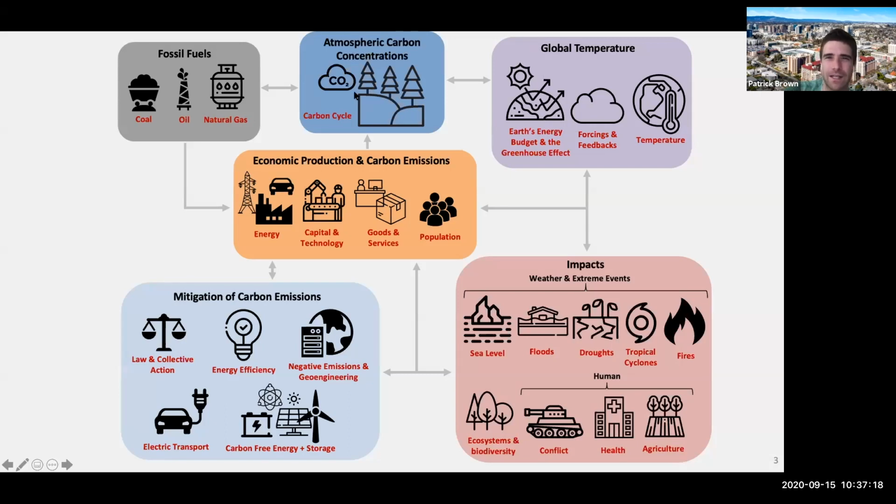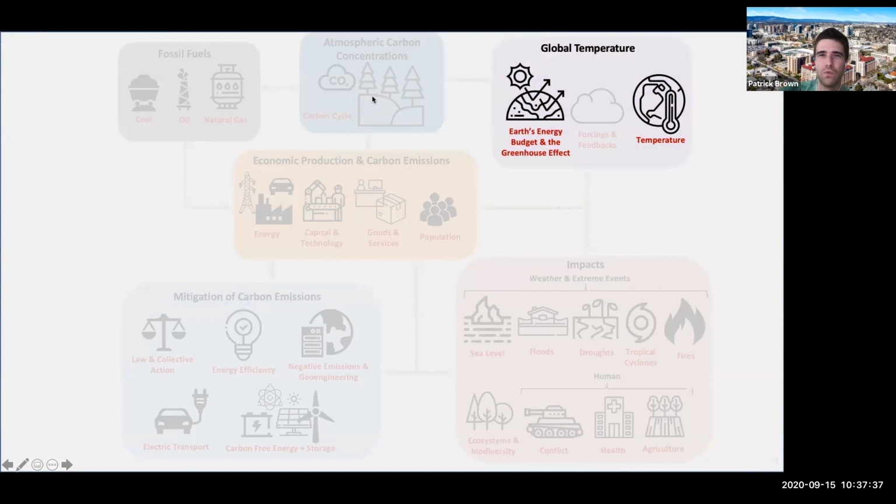The last couple times last week, we talked about carbon concentrations in the atmosphere and the carbon cycle. So we're releasing CO2 from fossil fuels. It's accumulating in the atmosphere. We talked about where it goes and how it's cycling around the system. And now we're moving on to what that actually does to the Earth's energy budget and how that then changes